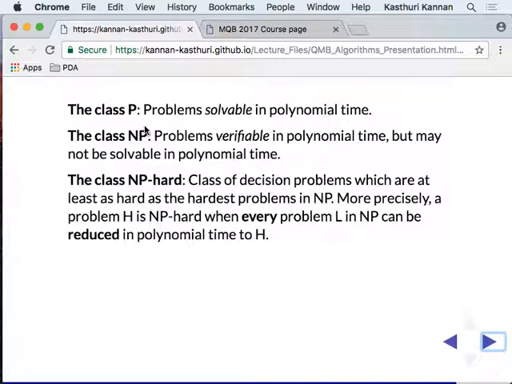You can immediately verify, right? Write a program to verify it, and that can be done really fast, right? So these problems you can verify in computable time, in polynomial time, but you may not find the general solution